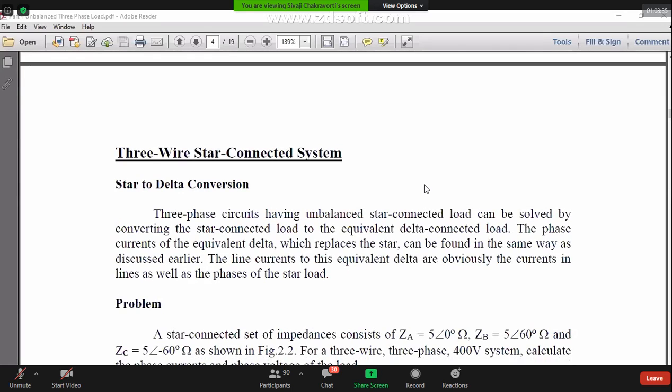That is very simple. See, you take the R phase of the motor and the R phase of the line and connect them. Then the B phase of the motor and the B phase of the line, connect them. C phase of the motor, C phase of the line, connect them. Then you have a phase sequence ABC connection.